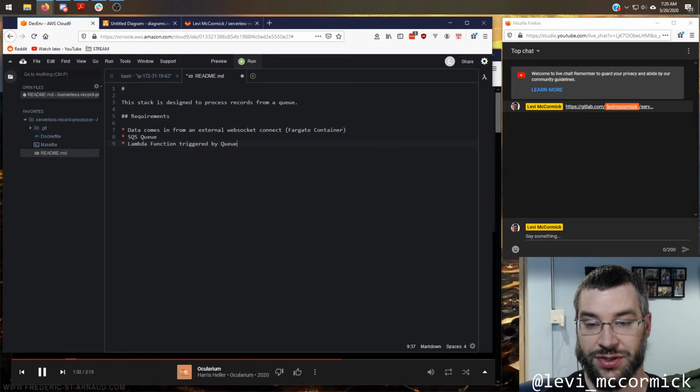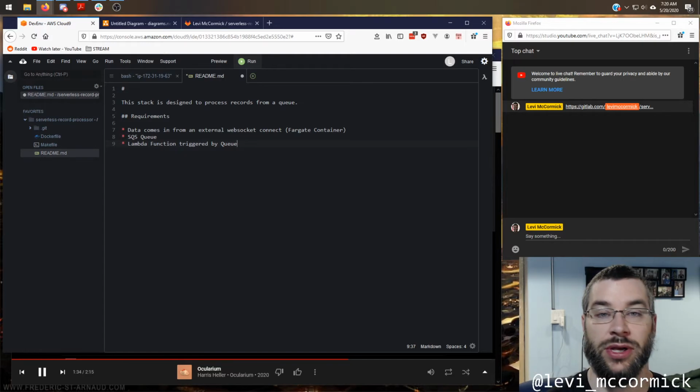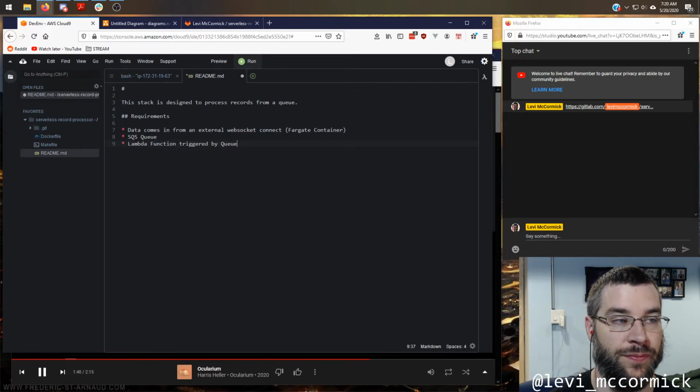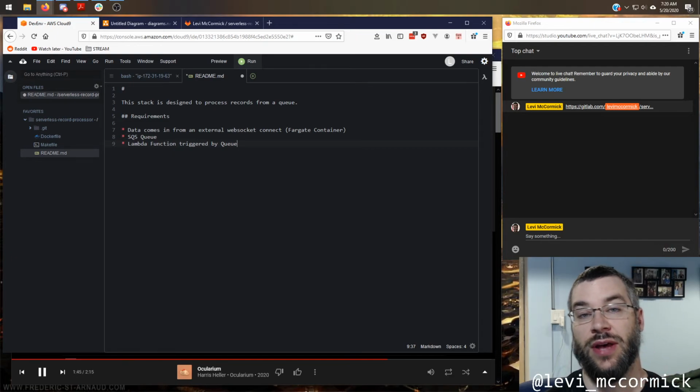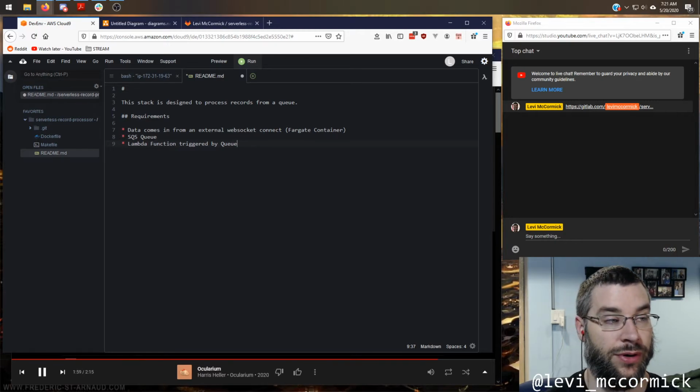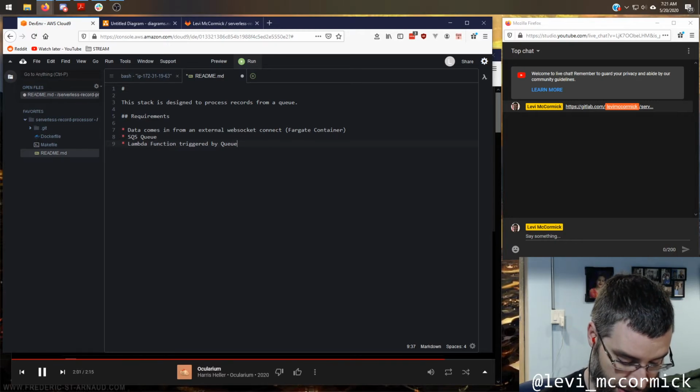If that's less of a concern, it's generally a good idea to batch your records into larger payloads that you send to that function. So your function will generally have a loop at the beginning that iterates over the records in your event, and then handles them, however you decide.